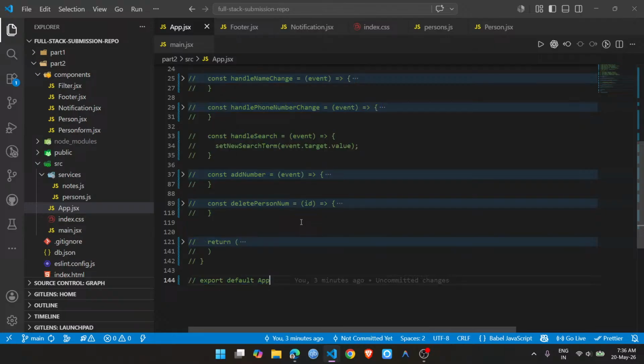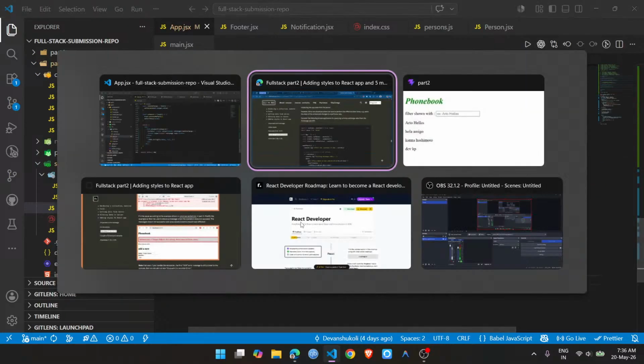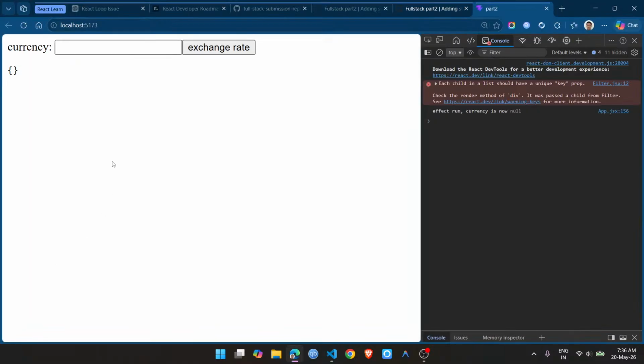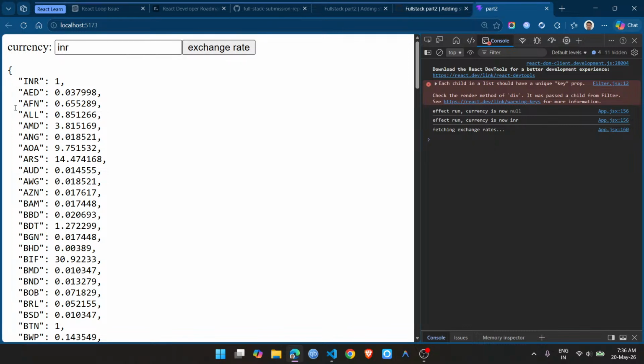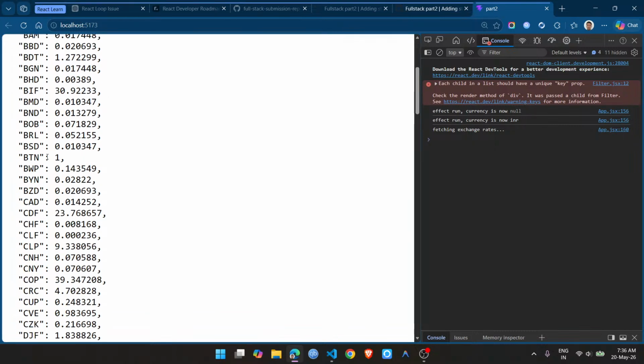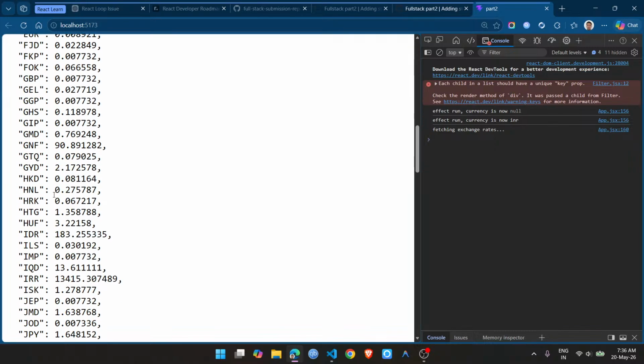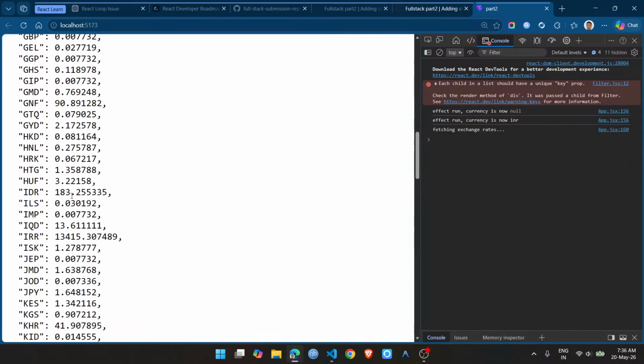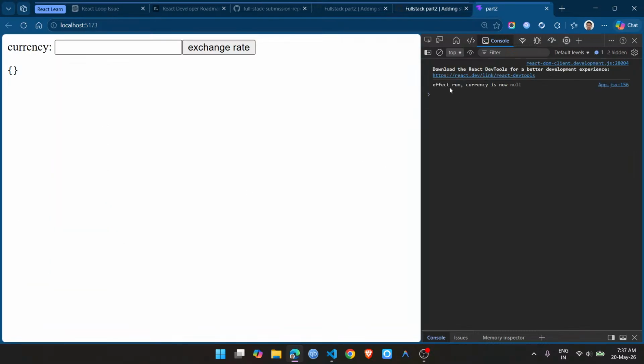So I comment out all the code and now I build this. Let me see. Currency, let's say INR. Well, would you look at that? Effect run, currency is now null. Effect run, now currency is INR. So the initial render ran with this value, and now if I enter USD,